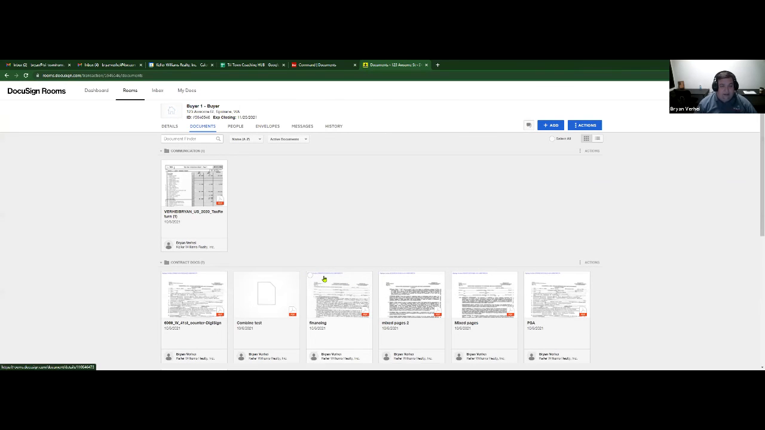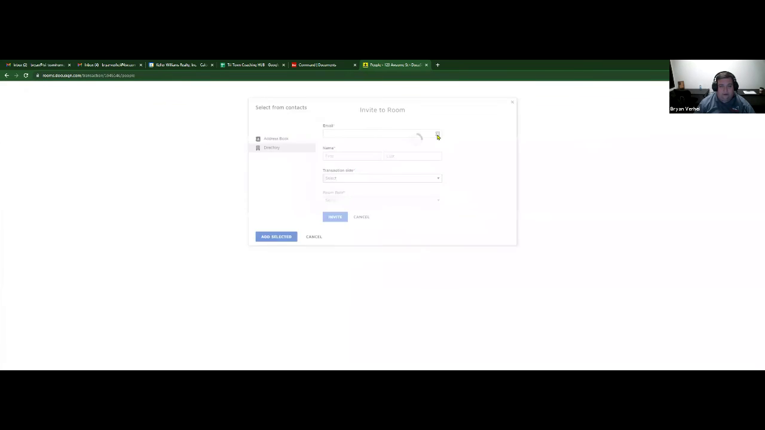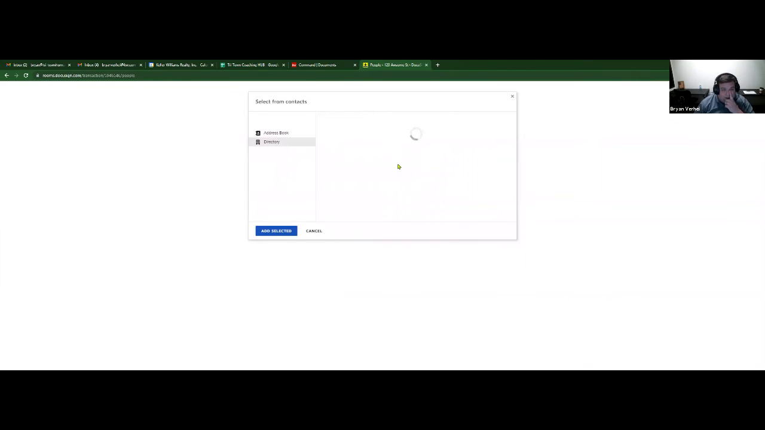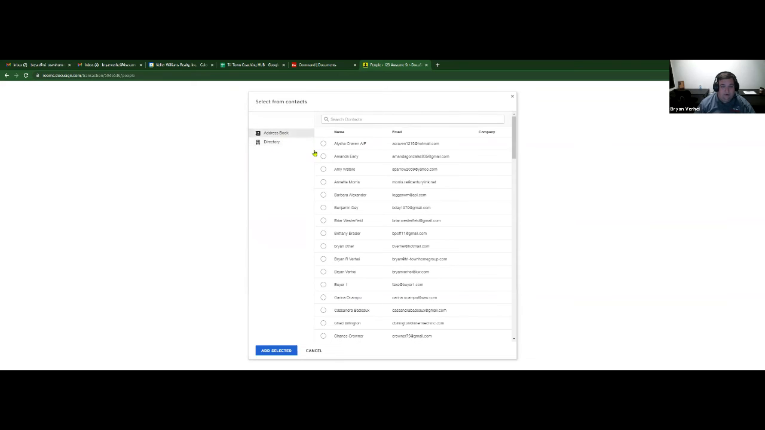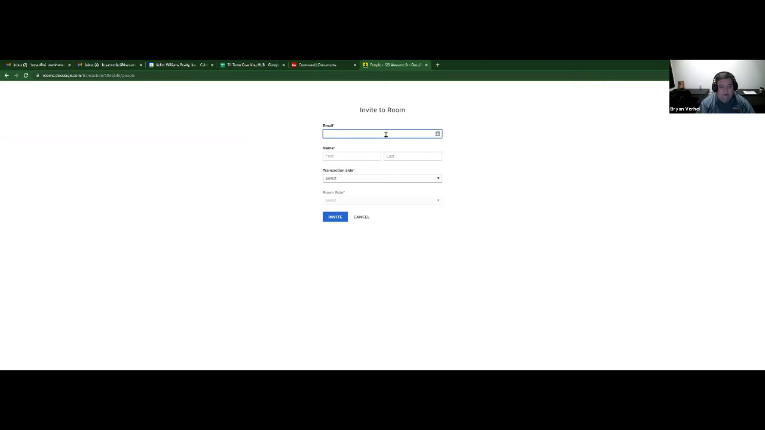The next big thing that I like to show is moving over to people. If you are working with multiple people in here, people on your team or whatnot, or if you're working with an inspector that you want to have limited access, you can invite somebody to come into the DocuSign room and have access to the documents in this particular room. So it could be either from the address book, which is going to be your DocuSign address book. You could select from a directory of people, or you could just type their email,